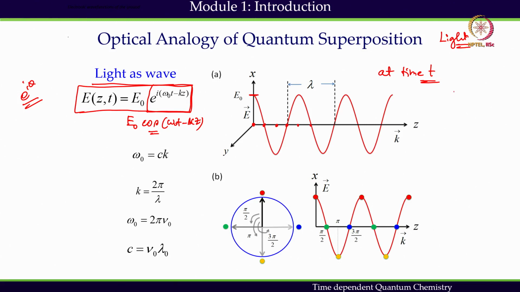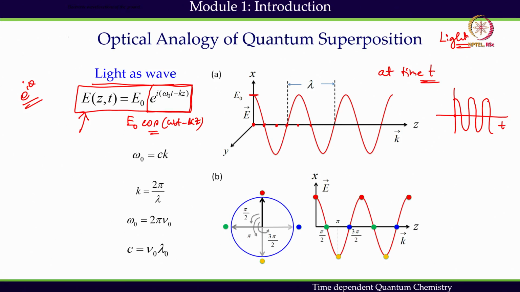A similar pattern can be observed for time. At a particular point of space, if I plot how the electric field is changing as a function of time, it is also similar. At different times at a particular point, its field strength is changing, and that's the manifestation. We are talking about the electric field because an electromagnetic wave generally has both electric and magnetic fields, but the magnetic field strength is weaker than the electric field, and that's why we are neglecting the magnetic field oscillation here. We are only considering the electric field oscillation.